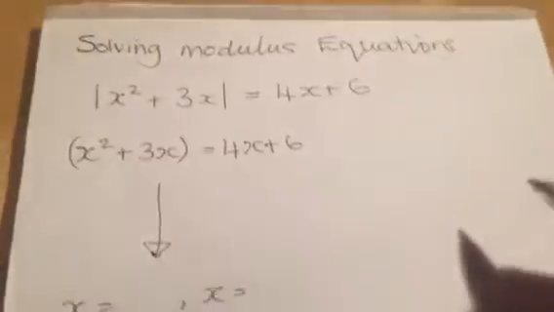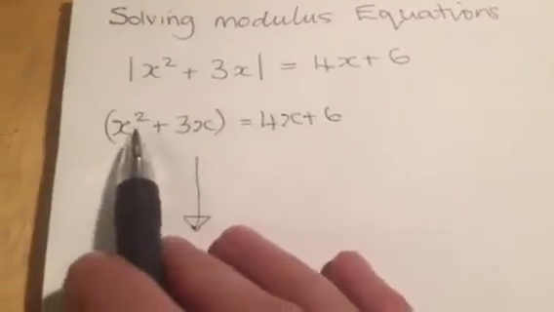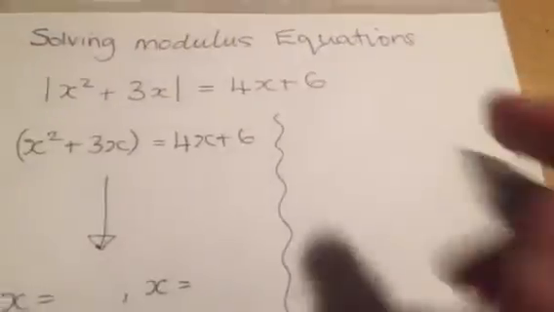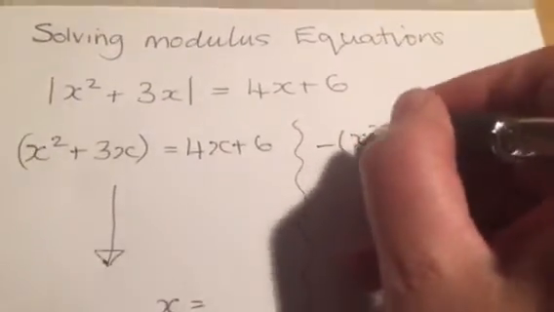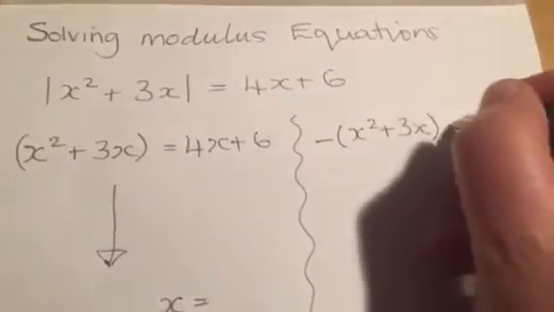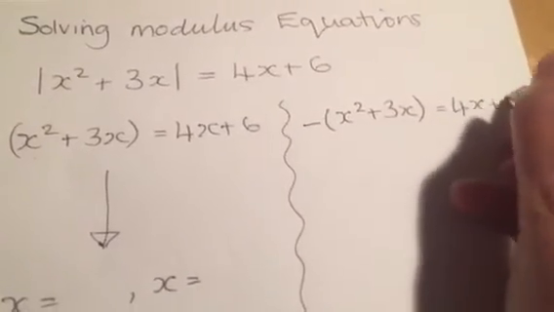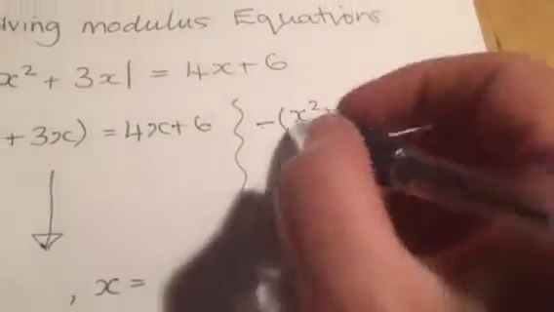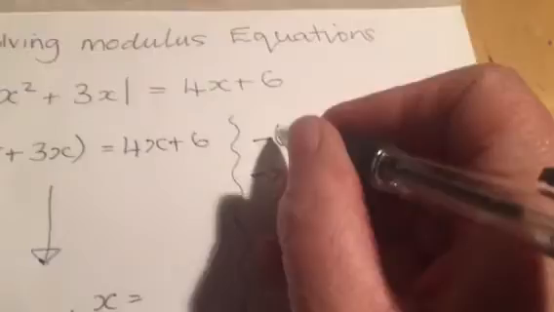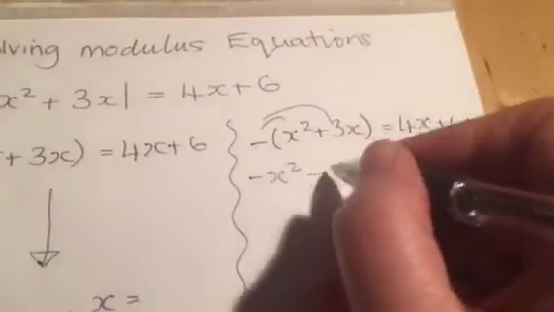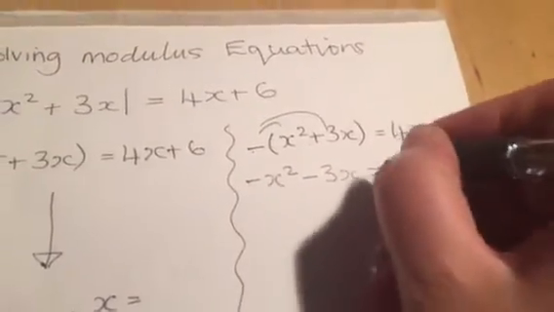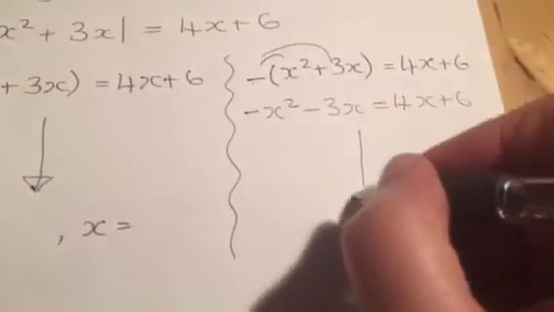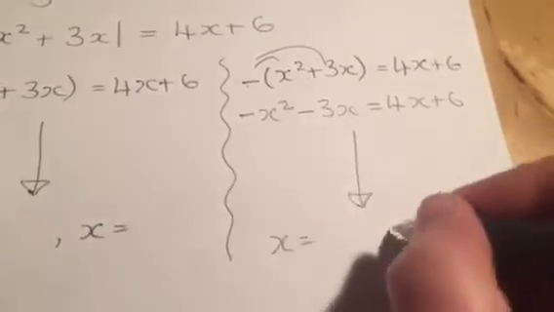You then need to do it so that instead of taking it as a positive x squared plus 3x, you take it as a minus x squared plus 3x. Be careful with this one because the minus is outside the bracket, so just take that extra step to multiply the minus into the bracket. And then again you've got a quadratic, and carry on and solve that to give you your two values for